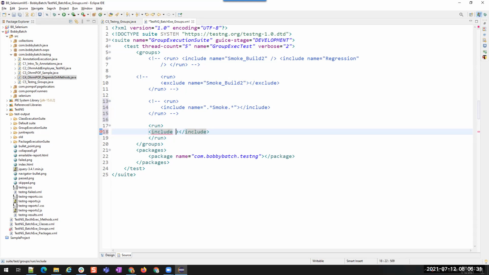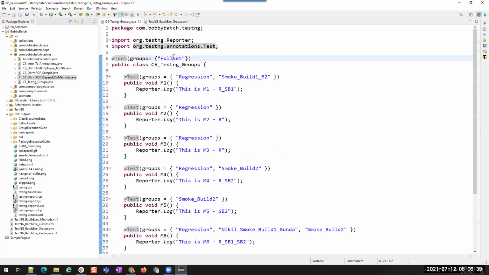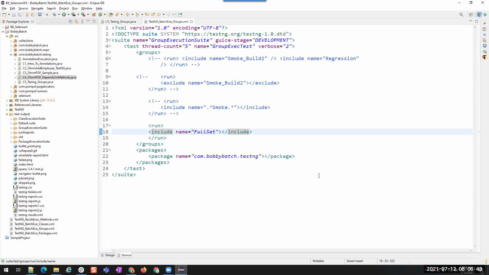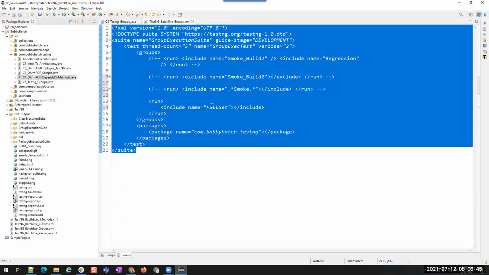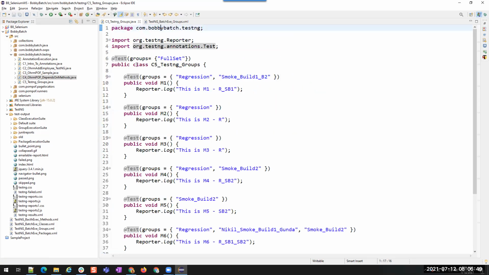Load equals to, let's say, yes, full set. I copied the same. I use the same name here. So though M8 does not belong to this group, it gets executed because it is inside a class whose group is full set.